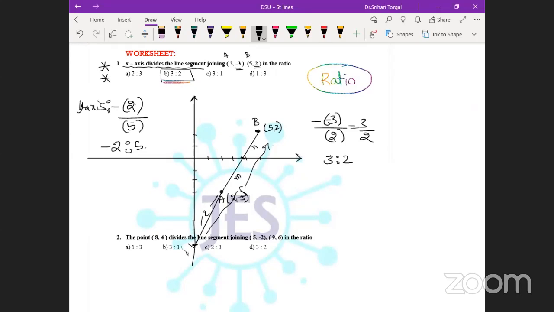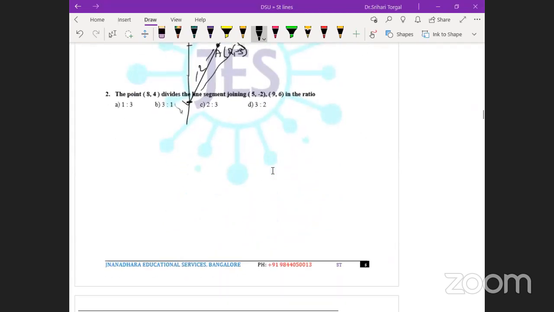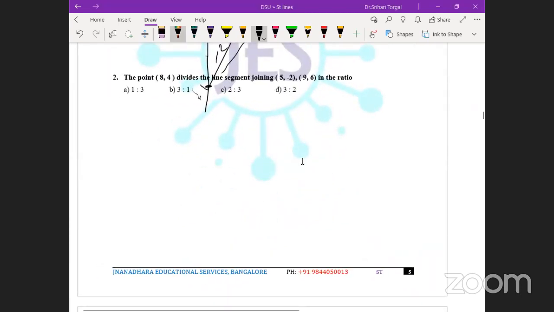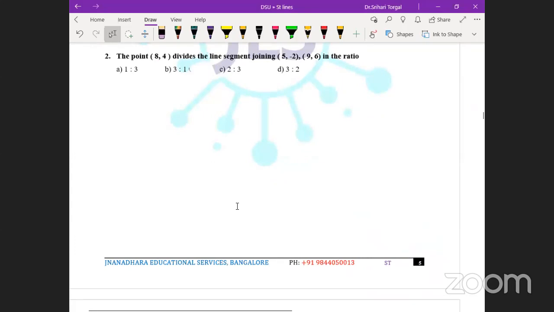Let me go through. And the second case, let me go to the second problem. Yeah, concentrate here. The point (8, 4) divides the line segment joining (5, -2)